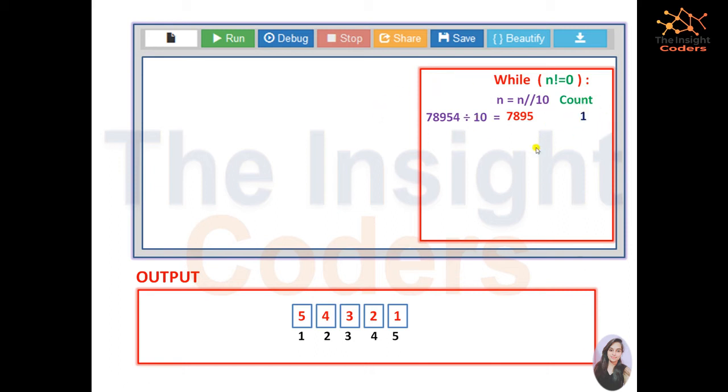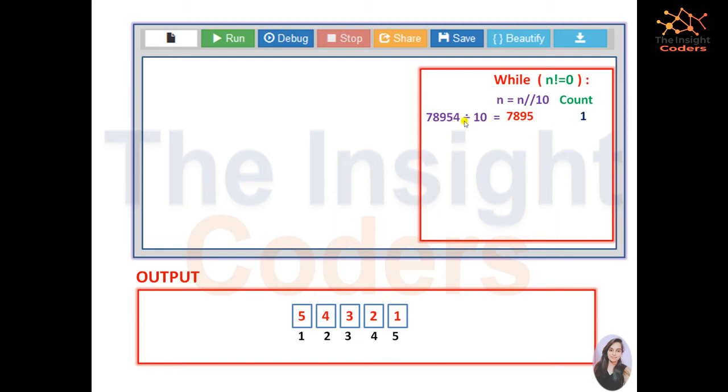Actually, what is happening is the division. If you are not aware, let me tell you what is actually done. If a number is, say, 4183, when we divide it by 10 and complete the procedure, you will find the remainder as 3. That means the last digit, which was at the unit place, becomes our remainder, and all the other digits become our quotient. Same way in this one, 7895 was the quotient while 4, the last digit, was our remainder.